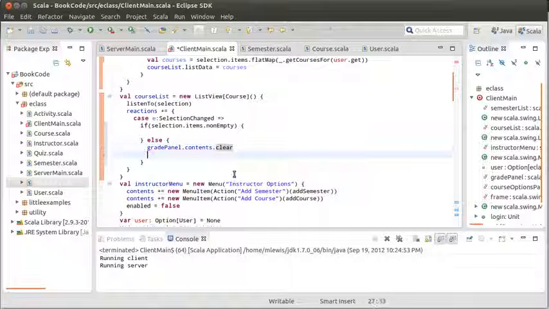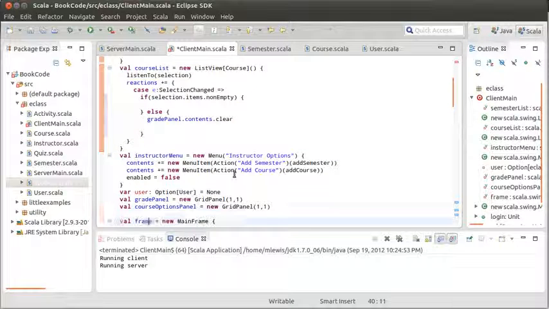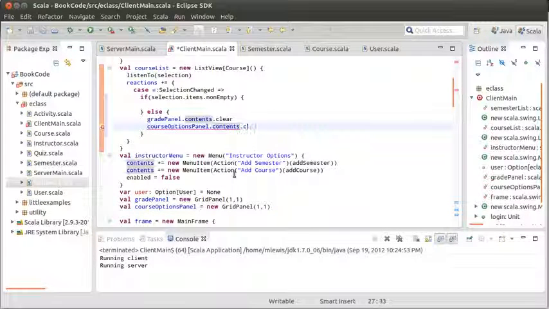There we go. Grade panel dot contents dot clear, and then what was our other panel? Course options panel contents dot clear. You know, actually now that I think about it, I want to do this either way,